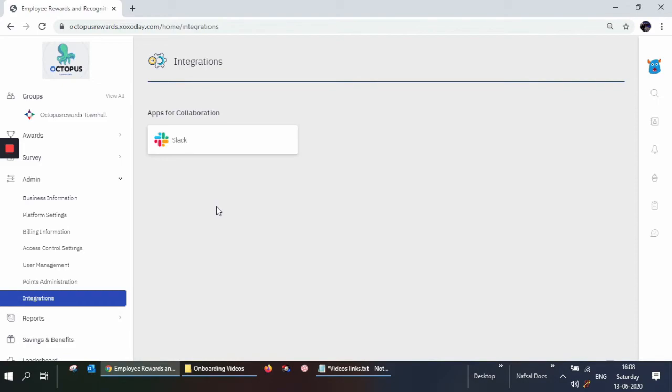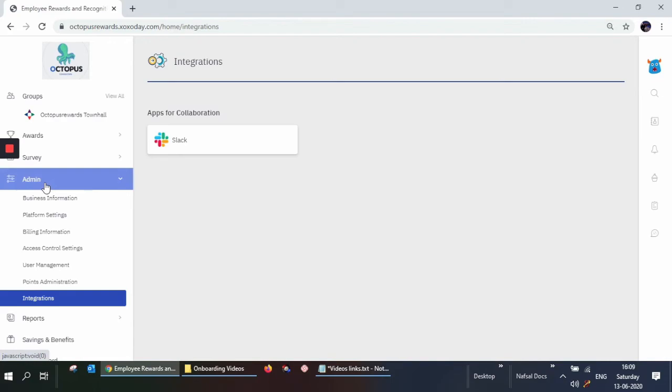It's a DIY. If you have a Slack account, you just click on this and it will ask you to enter your Slack credentials, and then the integration is seamlessly done. Right now I don't have a Slack account, so I will just leave that. If you have any questions, you can ask your implementation consultant or your customer support executive.